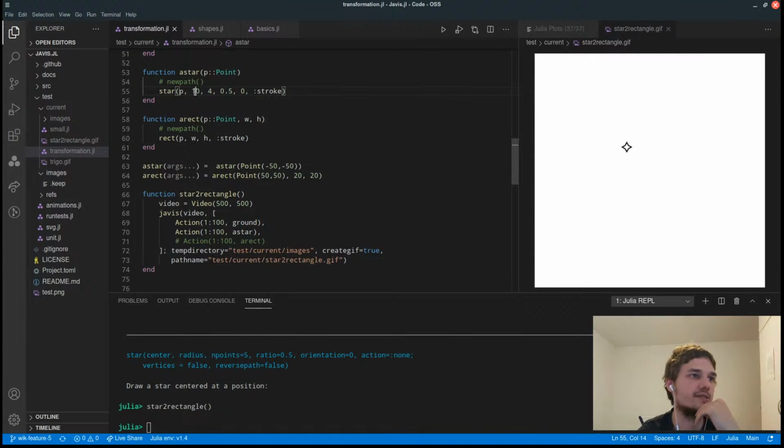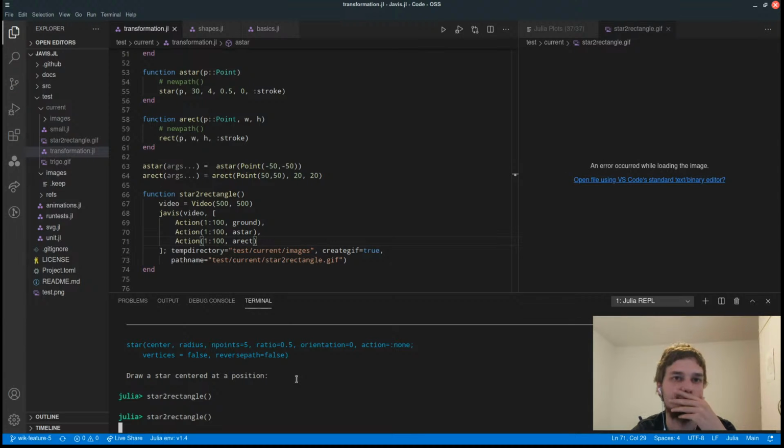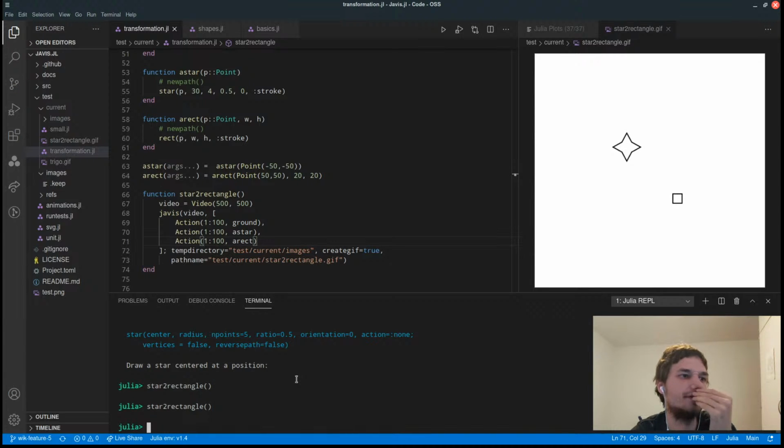There we have the star, which is quite small. Let's add our rectangle. Okay,